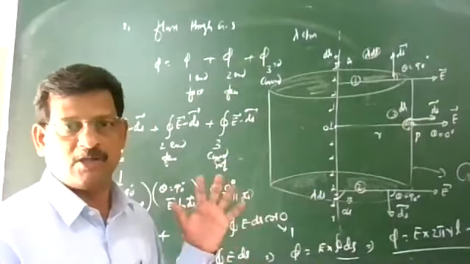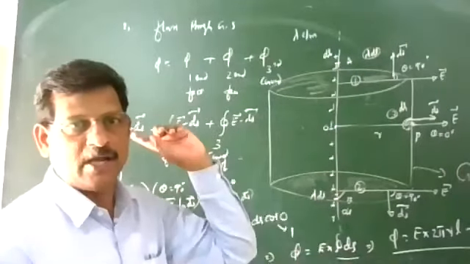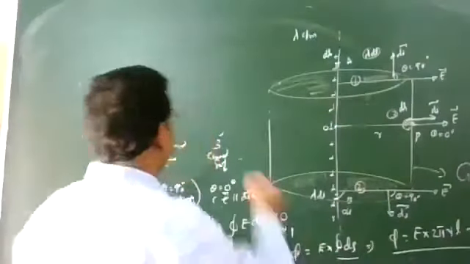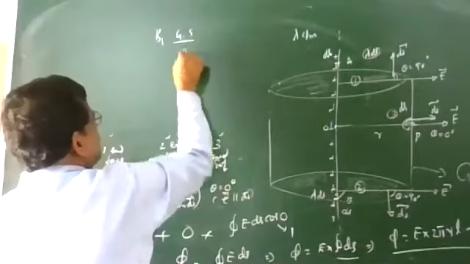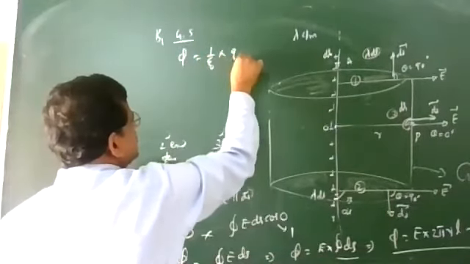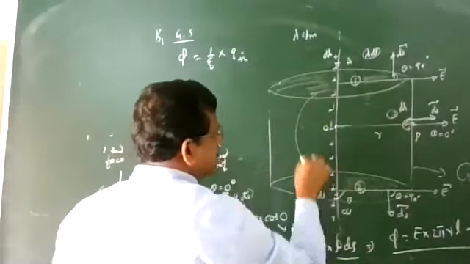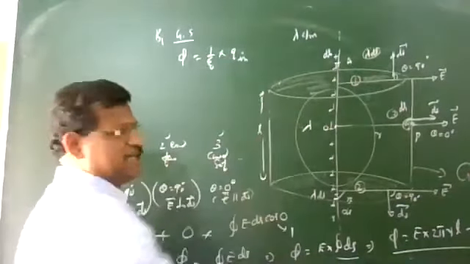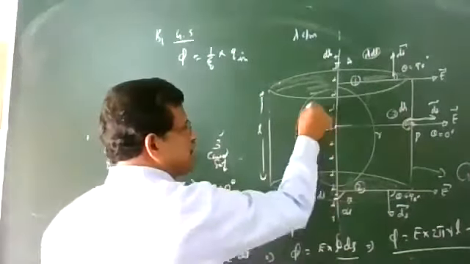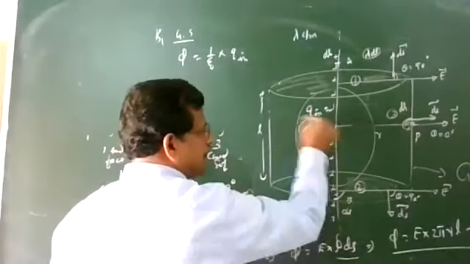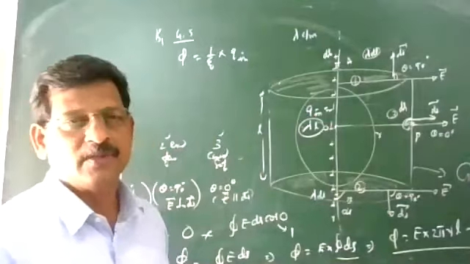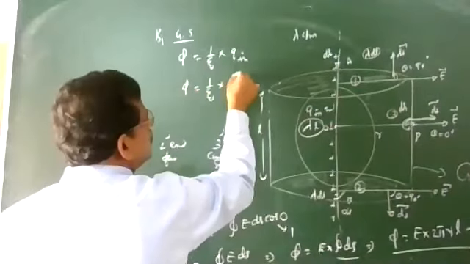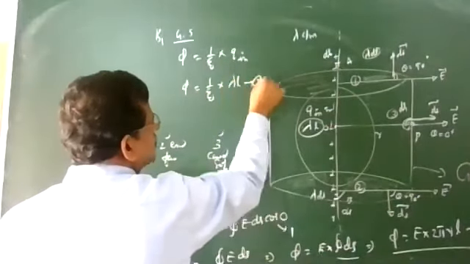So this is the way to calculate the flux through the constructed surface. Now we can recall Gauss's theorem. By Gauss's theorem, flux can also be calculated as 1 by epsilon 0 into Q inside. So what is the charge inside this region? Lambda is the charge per unit length, and you can take L as any length. So the charge inside, Q inside, is equal to lambda into L. This charge is inside the Gaussian surface. So phi equals 1 by epsilon 0 into lambda L, equation number 2.